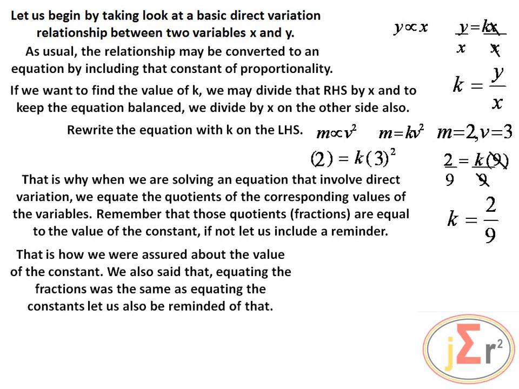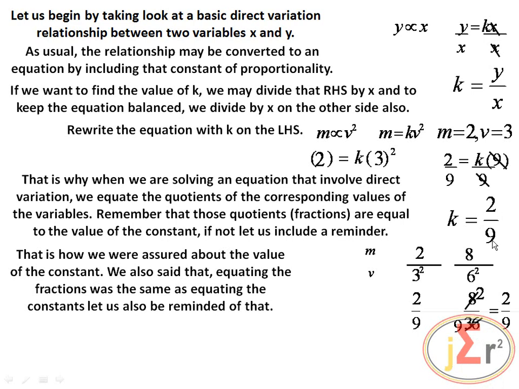So let us be reminded of the fact that equating the fractions is the same as equating the constants. Let us reduce that one by a common factor of 4. So we have 2 over 9 again. So the constant, which is 2 over 9,